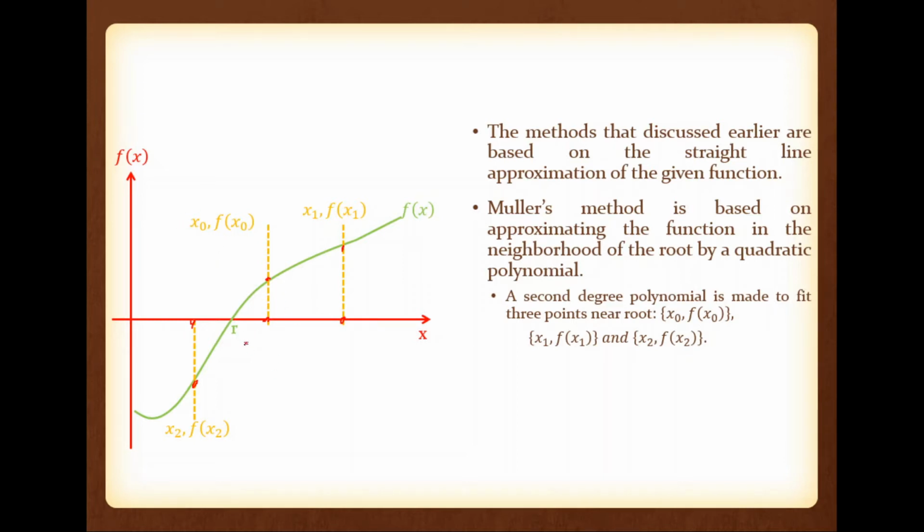And second, if you are arranging x0, x1, x2 in ascending order, then x2 must be the smallest value, x1 must be the largest value and x0 must be the middle point. Meaning x1 is right of x0 and x2 is left of x0. And x0 must be very close to the actual, unknown root R. How can we say that? If it is very close to R, then f of x0 will be very small compared to f of x1 and f of x2.